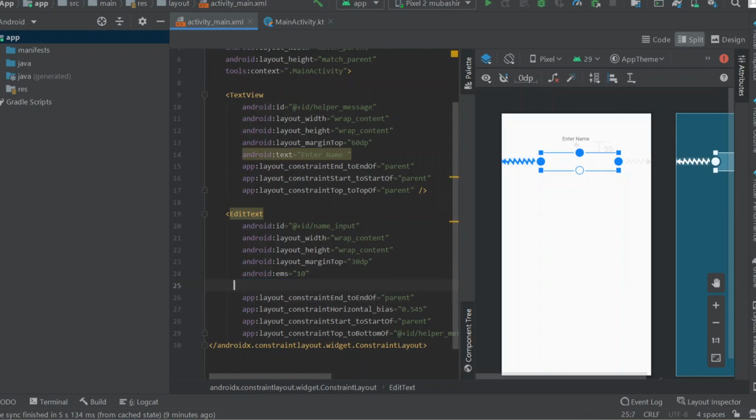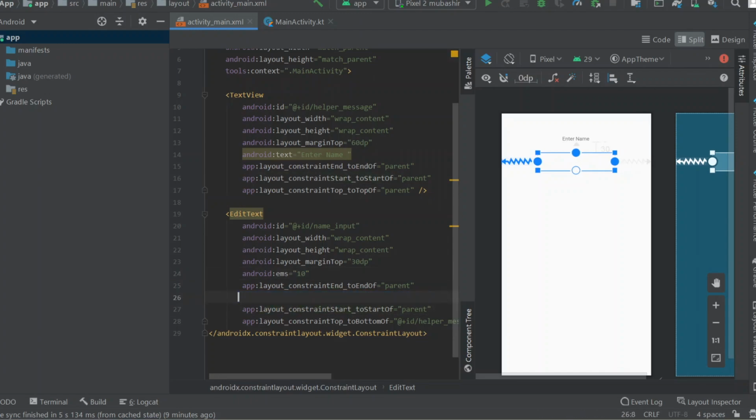Nothing happened, right? So I removed two lines, and here end to the end of parent. We have constrained this to the end of parent. What is this bias? What if I delete this bias? Nothing happened. So I have removed 3 lines till now.